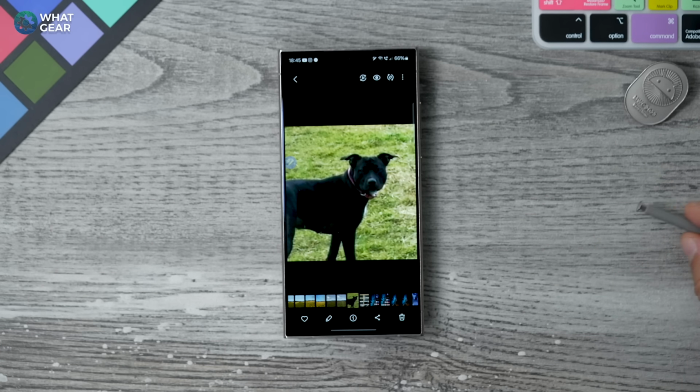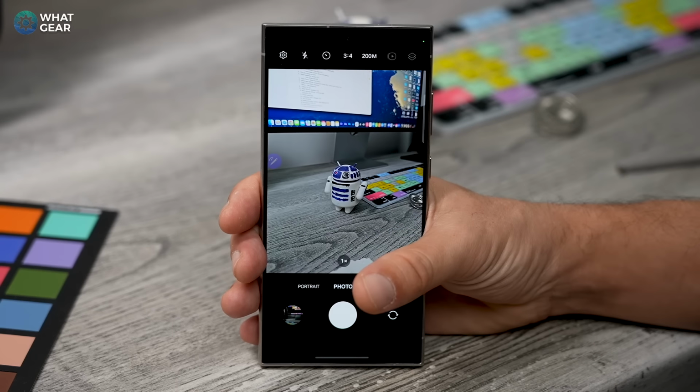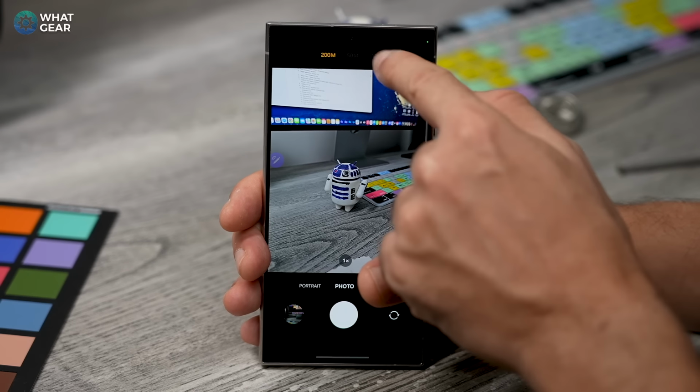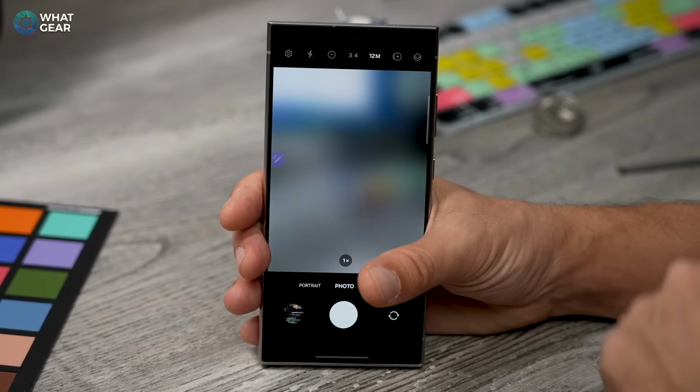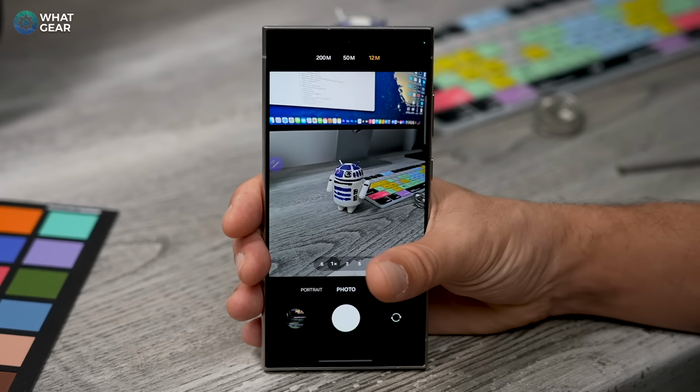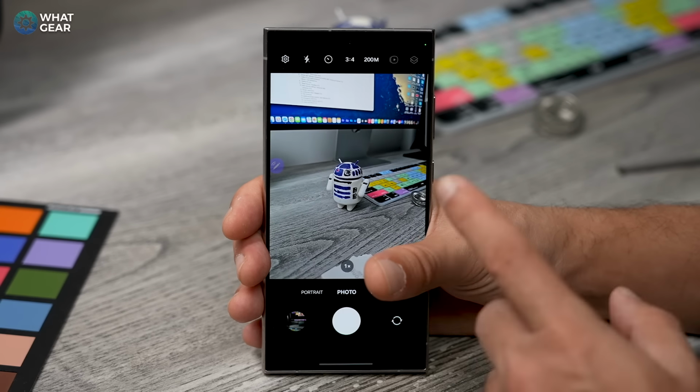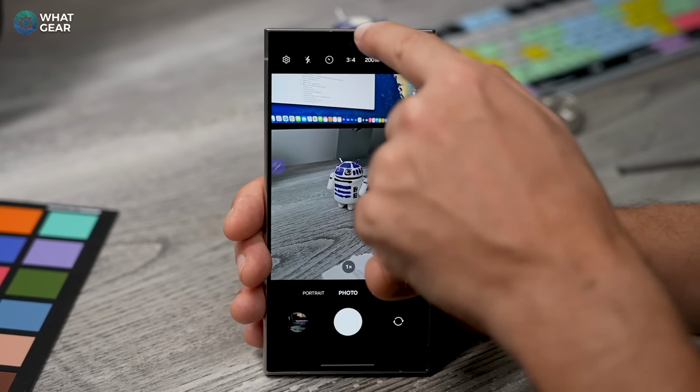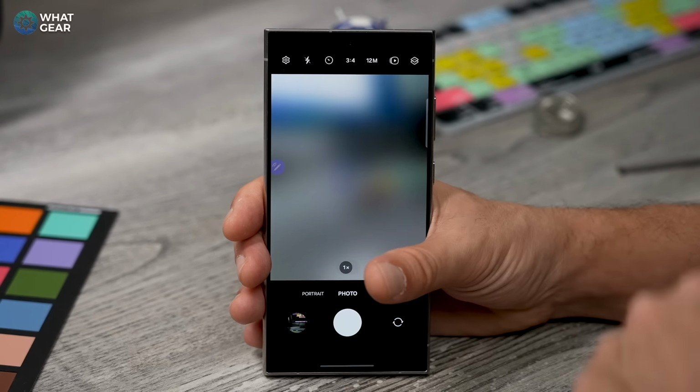And just in case you don't know how to do that, when you open your phone's camera at the top of the screen, you should see the current megapixel count. Most of the time it will default to 12 megapixels, but you can tap that and change it to other megapixel counts. So just use that as and when you need to. Most of the time the 12 megapixels is perfect though.